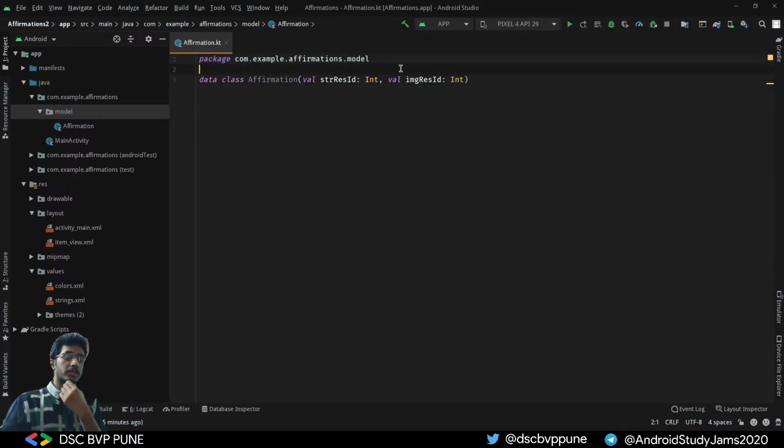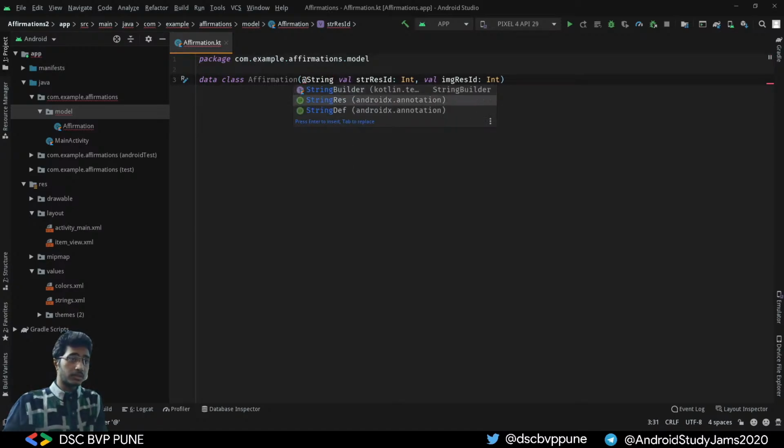Let's say a developer makes some mistake and passes some value like 2 to the string value and 1 to the image value, while he wanted to pass 1 to the string value and 2 to the image value. So it will create some discrepancies. To overcome those discrepancies, we will use what's called resource annotations. So how to use the resource annotations? Just by adding an annotation. This is a string resource,